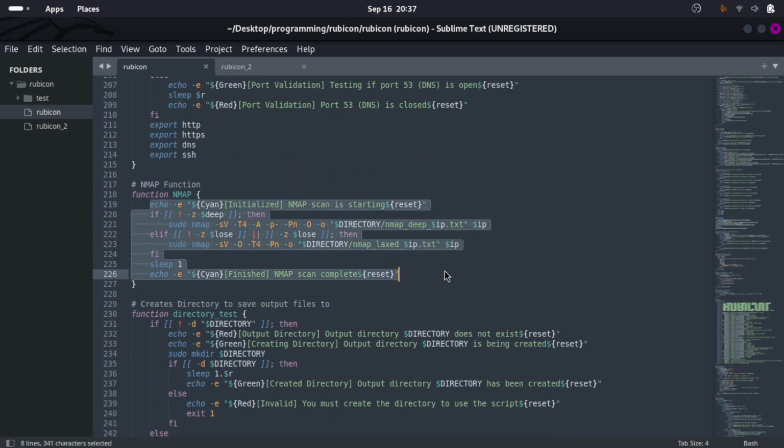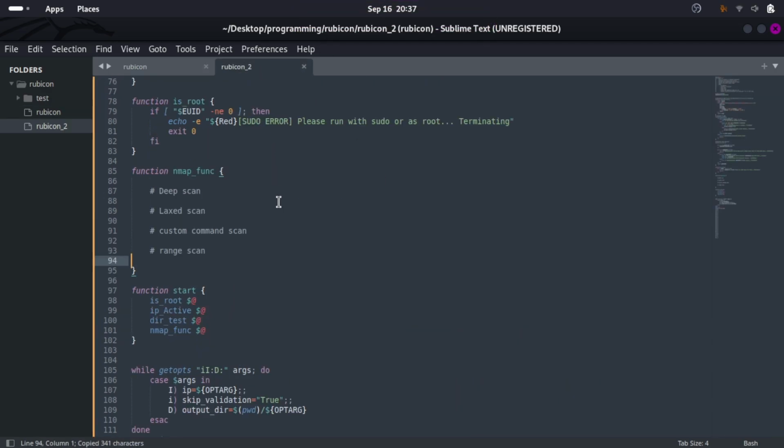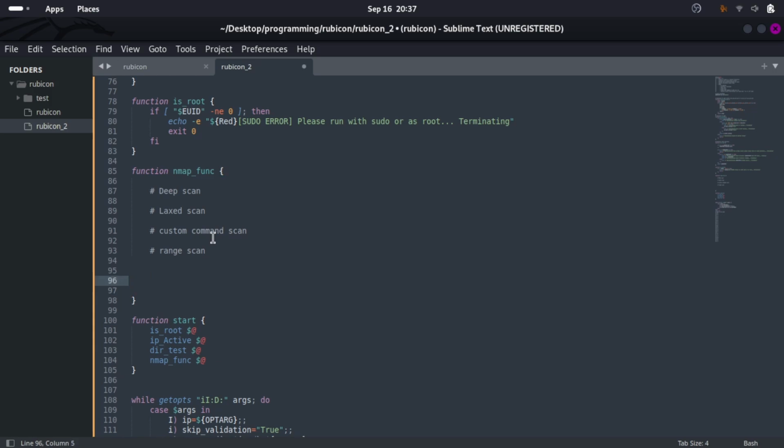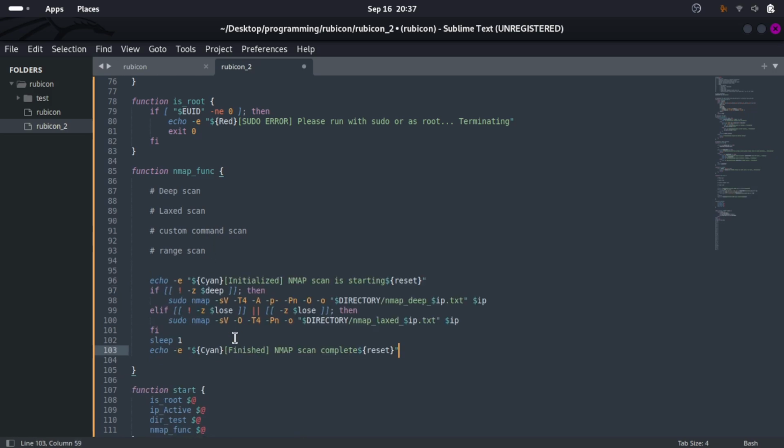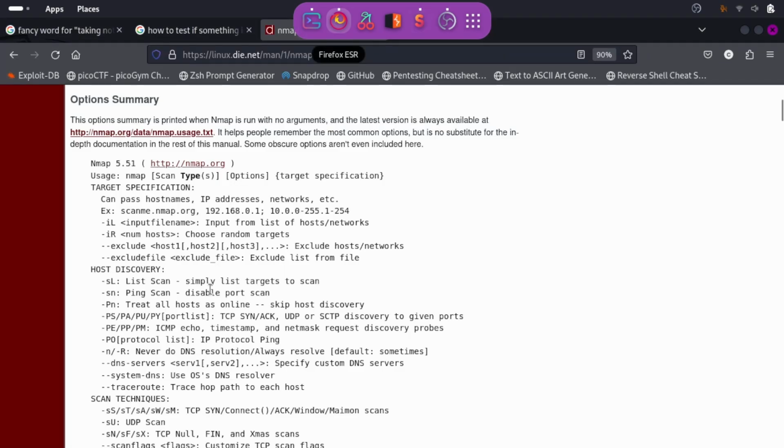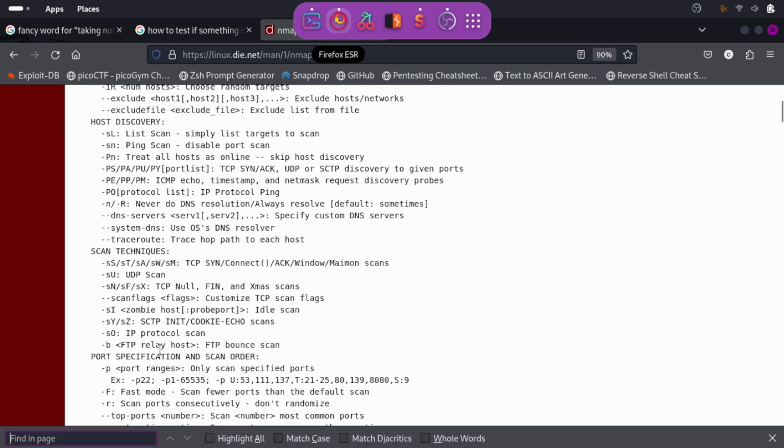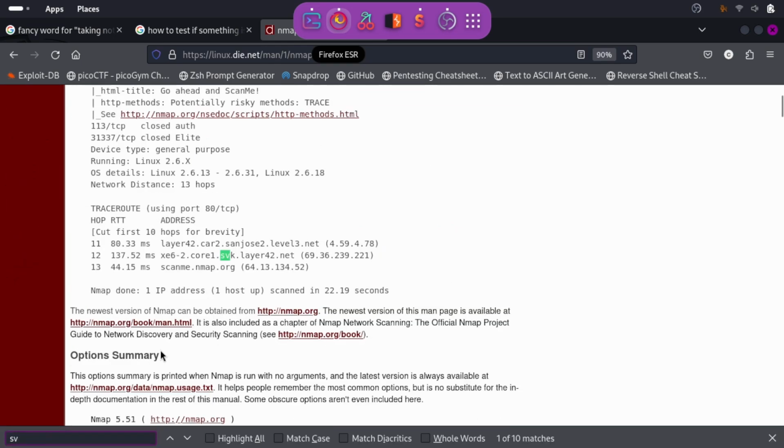So we'll just take all of this right here. Perfect. All right, and we will go at the bottom, and we'll put it here. All right, so this is the deep scan, the deep nmap scan. So let's see what SV does. I think that's version. So we'll just Ctrl+F, SV,